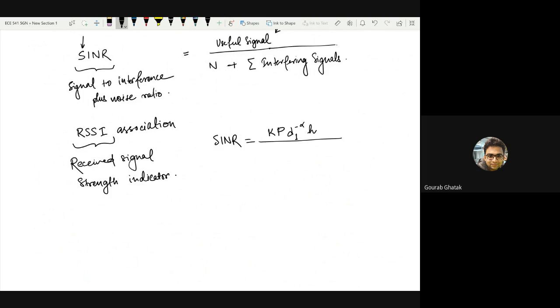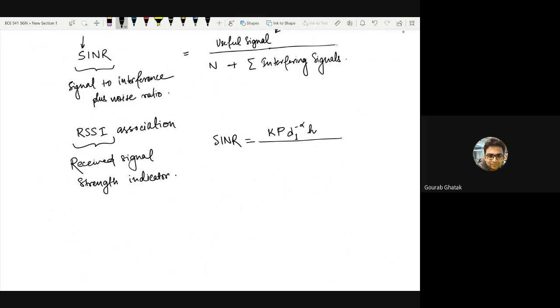In this numerator, does anyone have any doubt about any of these terms? I had already described this before, but if there is still a doubt, please feel free to stop me at any time. I hope all these four terms are clear. Can anyone quickly tell me which are the random quantities involved and which are the constant ones? D1 and H are random. Right. K, P, and alpha are fixed.